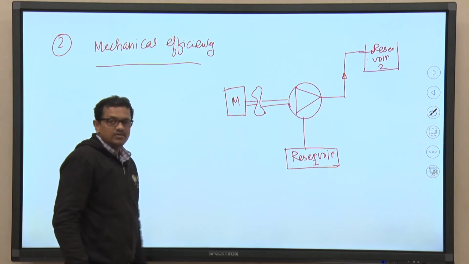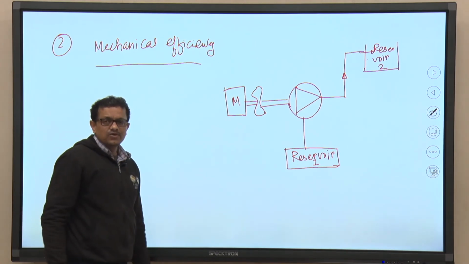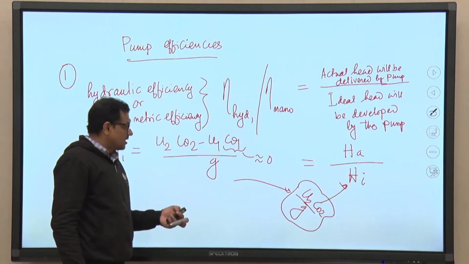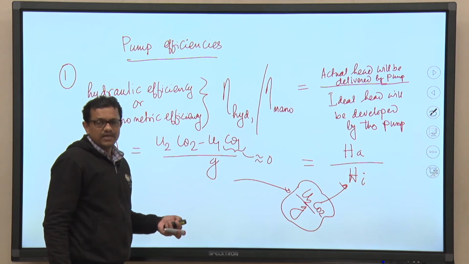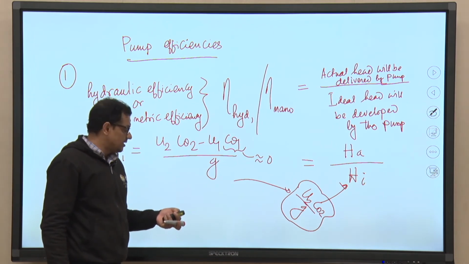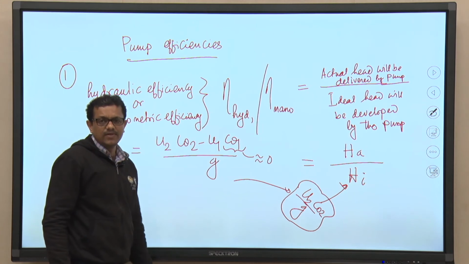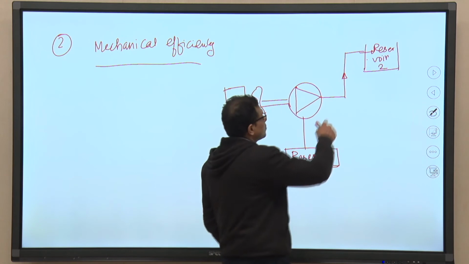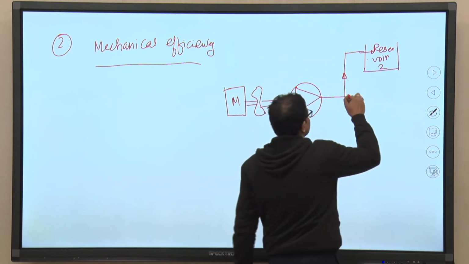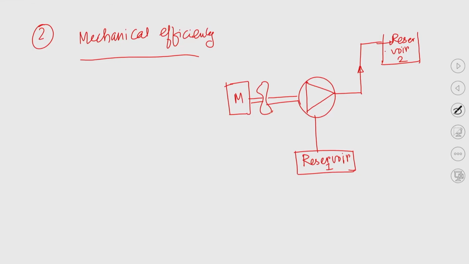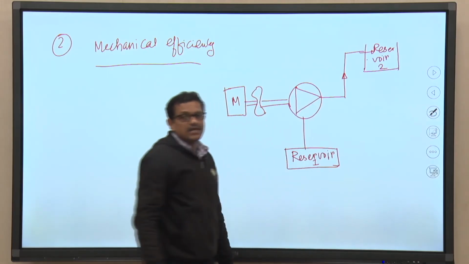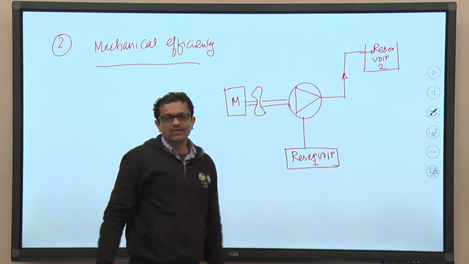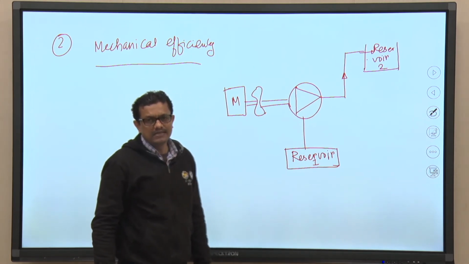You see, just if we go to the previous slide, you have seen that the actual head that will be developed by the pump will be always less than the ideal head, right. So, you can see if we need to supply water in this reservoir, then we need to overcome the static height plus the dynamic head, that is because of the fluid frictional losses, losses due to presence of bends, valves, etc.